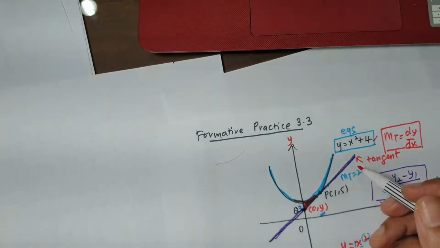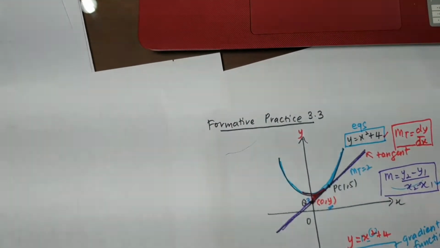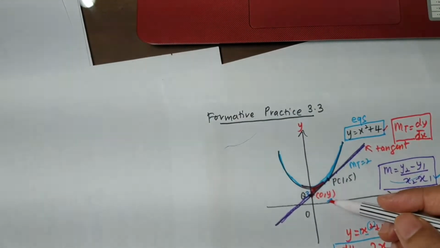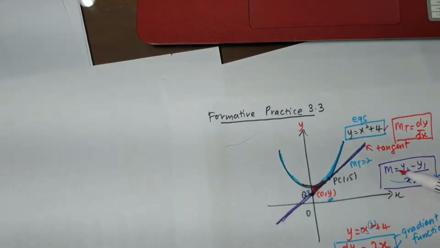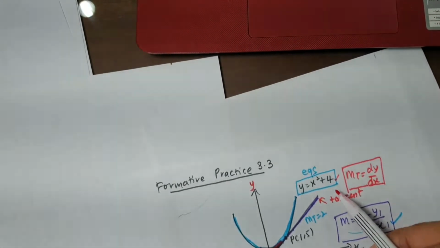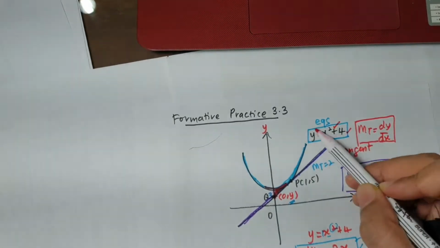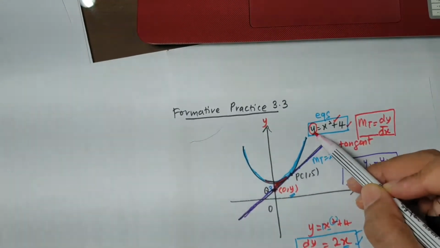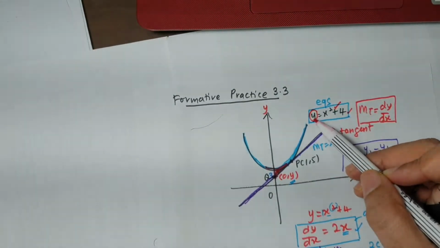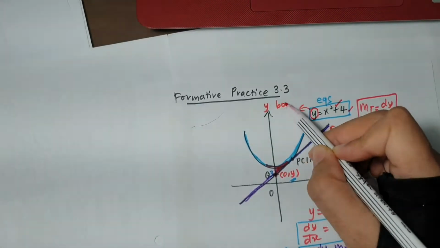So tips, I already told you. One of the tips is how you choose whether the area is bounded by the x-axis or the y-axis. Actually you can use either one. But there is a tip: look at the equation of the curve. You can see the equation of the curve here is y equals x squared plus 4. So of course it is better to express y as the subject, and the equation is already y as the subject. If you choose y as the subject, it means we find the area bounded by